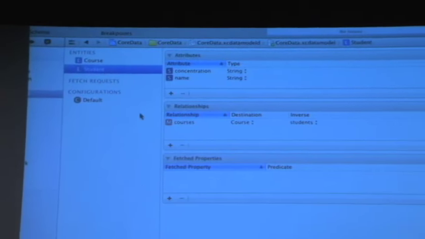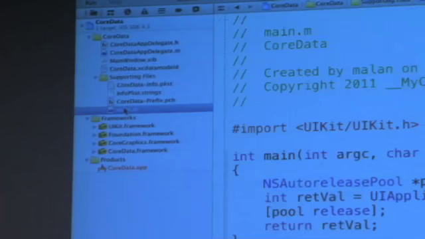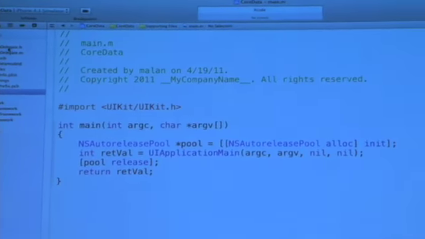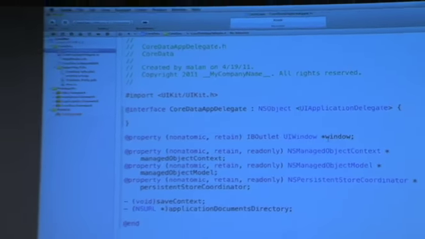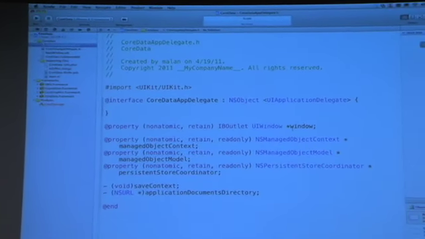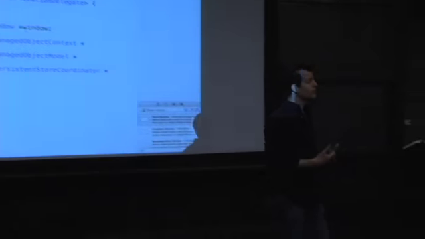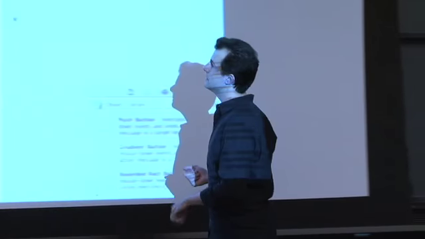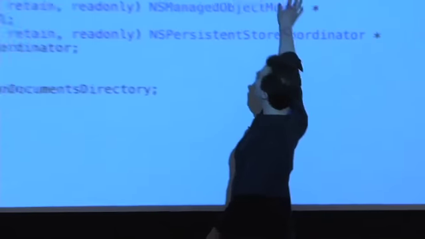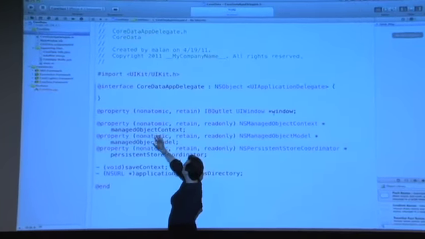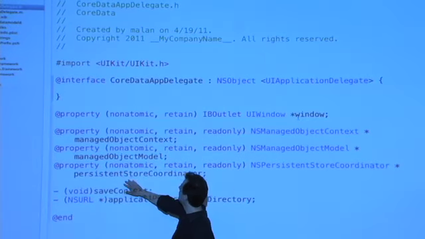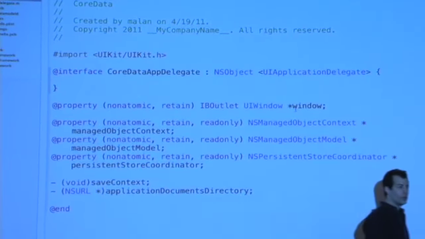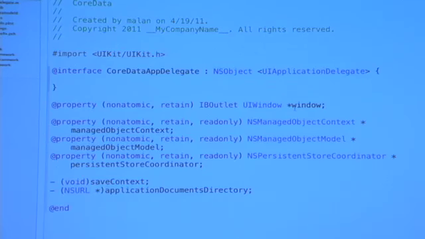All right. So let's now go over to our remaining code files. There's not all that much going on as usual in main.m, so let's turn a blind eye to that. There is not all that much going on in the app delegate except for a few new properties. And so this hints at some of the underlying data structures that we're now leveraging. Thanks to our having started with a Core Data template and ultimately linking against it, you'll see recurring mentions of managed object context, managed object model, persistent store coordinator, the last of which you can think of as the database,